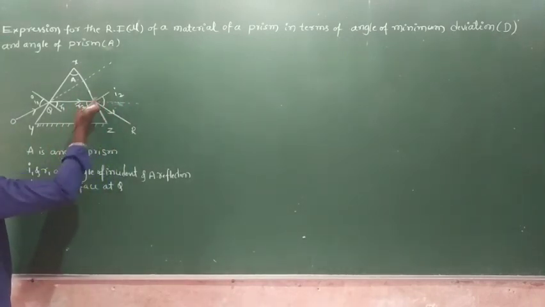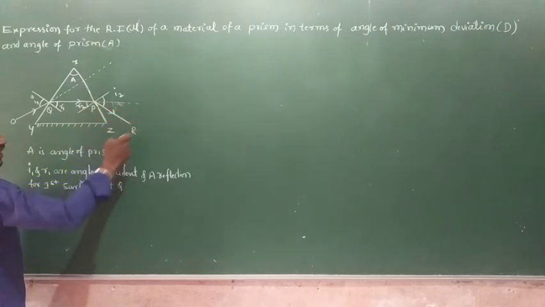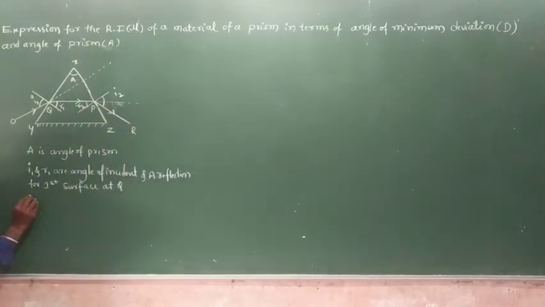Why? Because this one is a normal and this one is the refracted ray. So R2 and I2